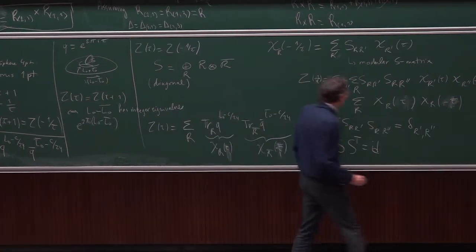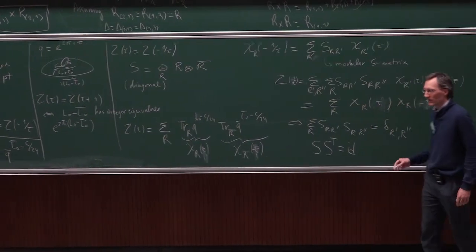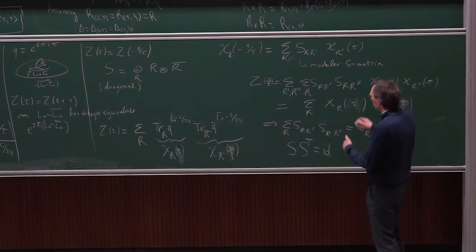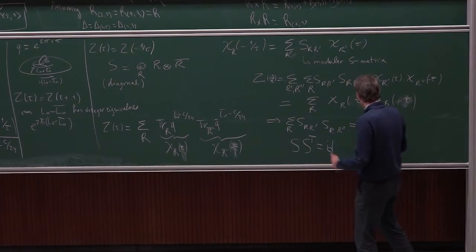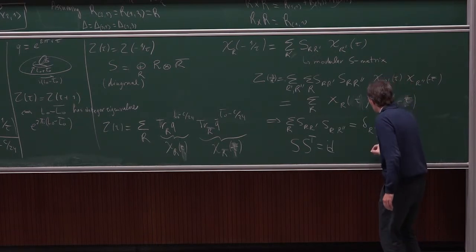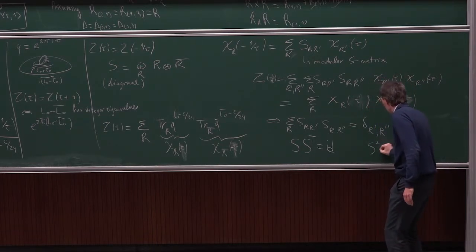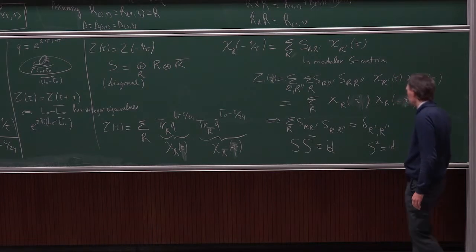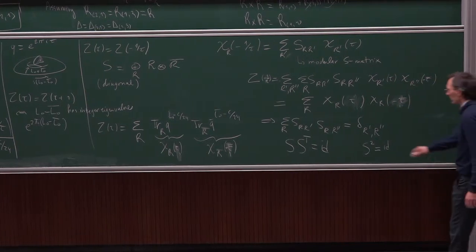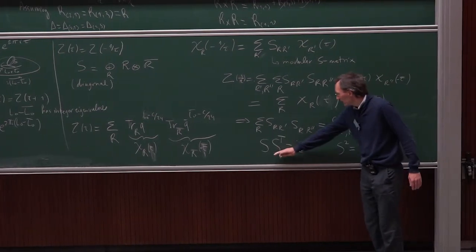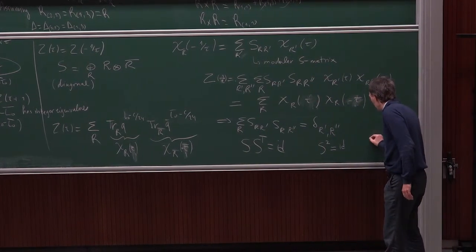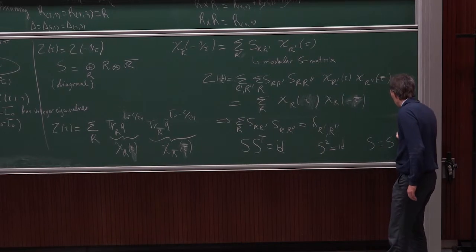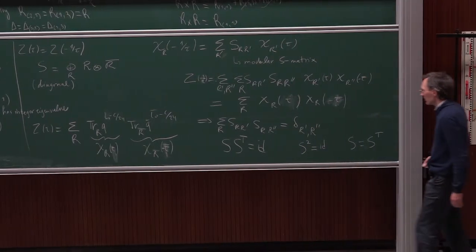Okay, so is this a difficult condition to obey? Well, actually, since this transformation, tau goes to minus 1 over tau, is involutive, I always have S squared, the square of the S matrix, is identity. So given a matrix whose square is identity, if I want it to obey this condition, it becomes equivalent to S being equal to S transpose, to S being symmetric.